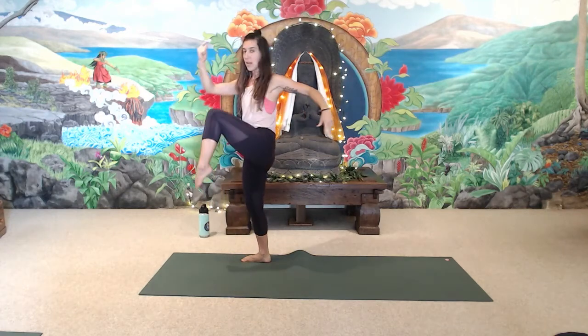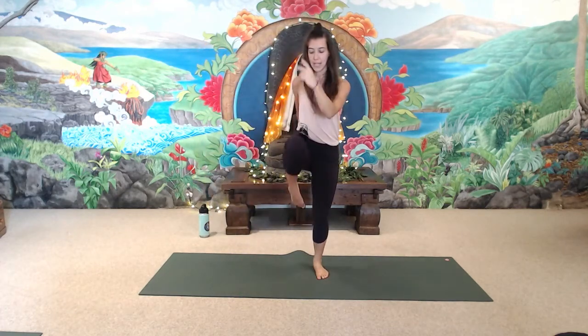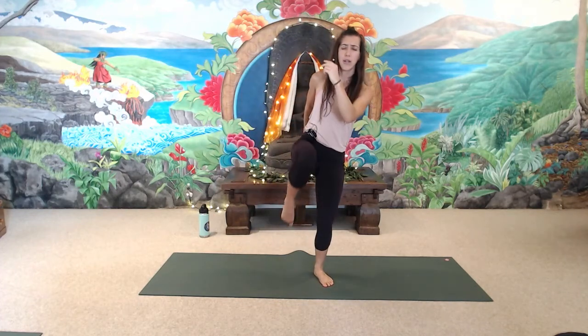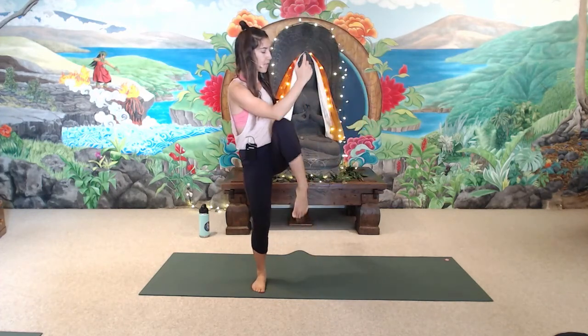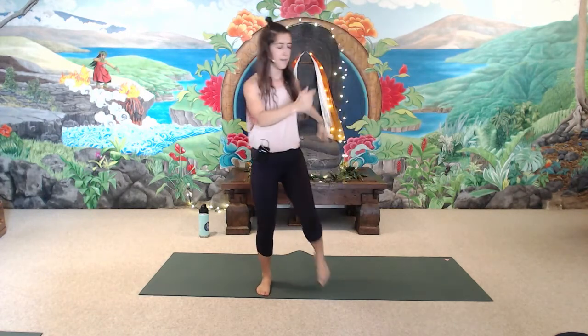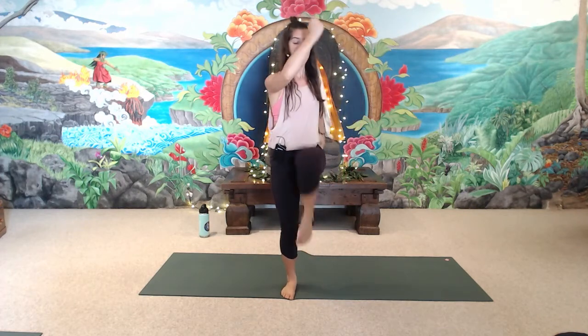And take a moment to glide in place. And I'm turning just so it's easier to see. And play with two different things here. So first, we're twisting quite a bit and our hips are wide. And then start to lift more through center, almost as if you were